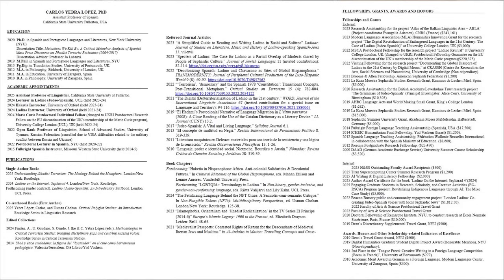Okay. Right underneath, right after education, you will state your academic appointments. These are different. So the education is the diplomas you have, the certificates, whereas the academic appointments are the positions you have held. Typically, as you do your PhD, you will be teaching some hours. Those are the academic appointments that you can list, right? So for instance, you can say teaching assistant in Spanish and Portuguese at New York University, if you were teaching as you were making progress towards your PhD. You're not expected to have a lot of academic appointments at this stage, so don't worry if that list is